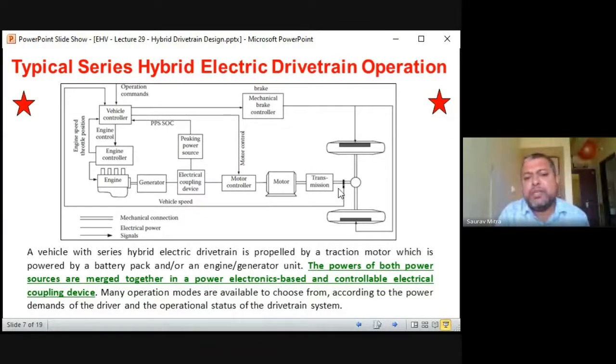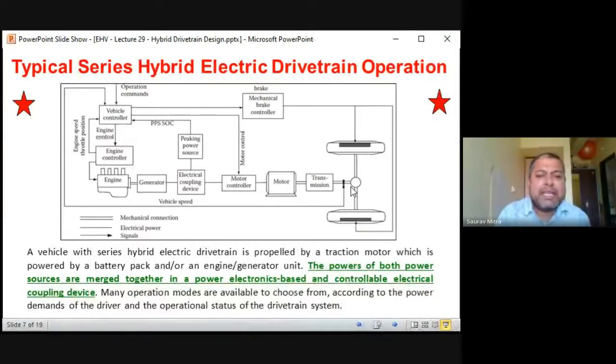Then from the motor to the actual axle there is a transmission. We have seen there are different types of transmission. This can be with gear, without gear, shaft 1, shaft 2, all those things, explained last day itself. In yesterday's lecture we talked about it. There are different types of transmissions, and then the main mechanical power goes to the drivetrain. So this question can be asked for 8 to 10 marks.